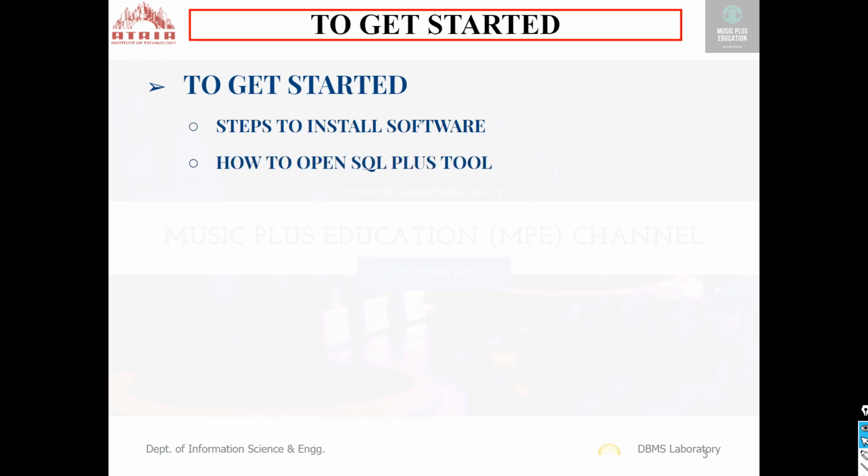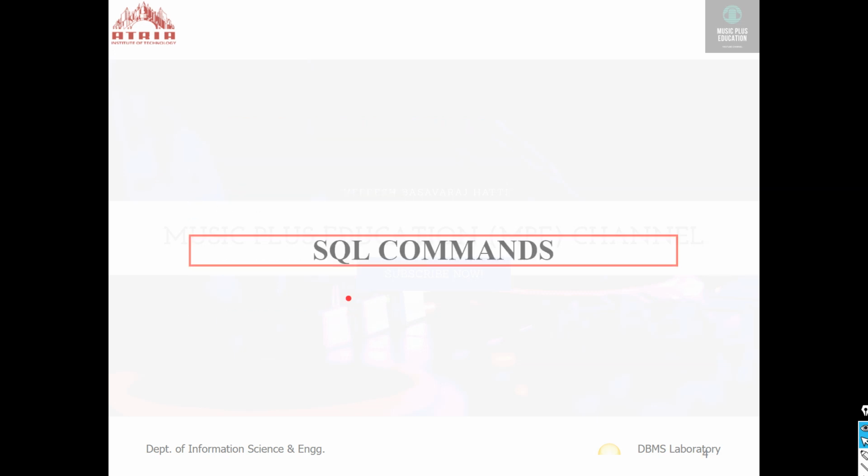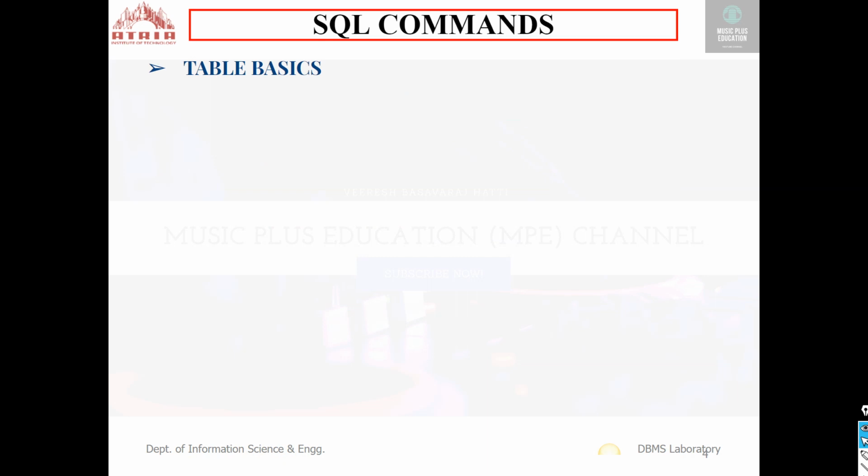Next, here we'll discuss the steps to install the software, and next how to open the SQL Plus tool and set up the database. Next, in SQL commands, we'll discuss table basics, and there are four SQL commands. The first one is DDL, data definition language.